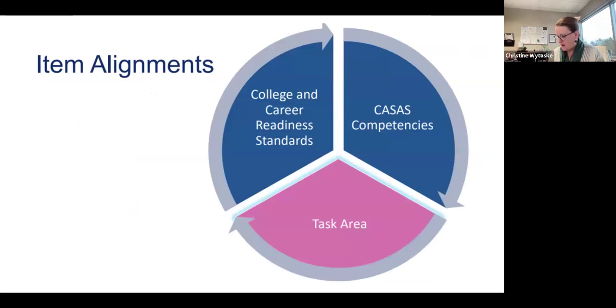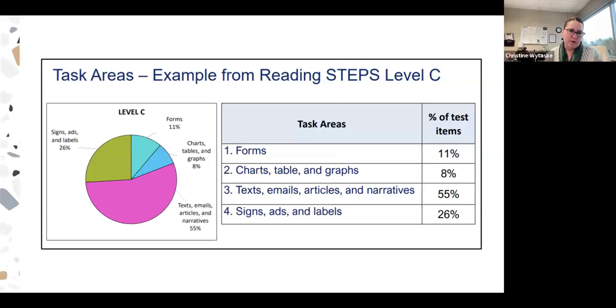And then the last area within this block, the standards, the competencies, are like the task areas. And we've just got an example here. So visually for the task area, here's an example from the STEPS level C test. You can see here you've got signs, ads, and labels, forms, charts, tables, and graphs, texts, emails, articles, narratives, etc. And then what percentage of test items actually show up in that task area for this level test. So I believe CASAS has done a really great job trying to set us up for success